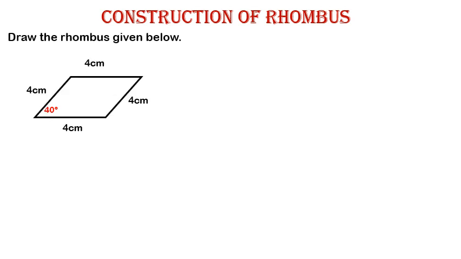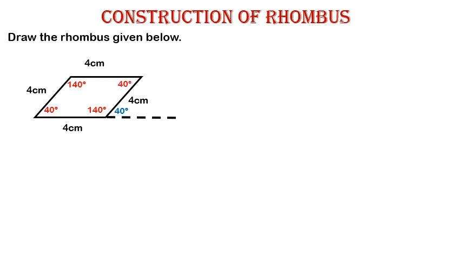Let us see the second method. This method is given in your textbook. Children, we know the properties of a rhombus. The sum of angles on the same side is 180 degrees, right? So we can say this angle is 180 minus 40 equals 140 degrees. Or we can extend this line and take a 40 degree angle from the right end. Both are the same and we know opposite angles are equal. So the other angles are also 140 degrees and 40 degrees.